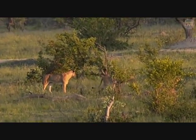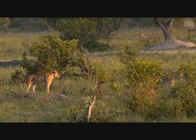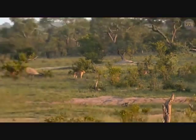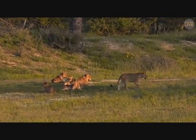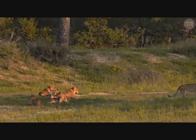Lions enjoying the rising sun. Look at that beautiful golden color on those lionesses. And it looks like the youngsters are all sitting behind at the back there, just intently watching and waiting. It's an important time. If it is a hunting time, the adult lionesses will move forward and do the work,